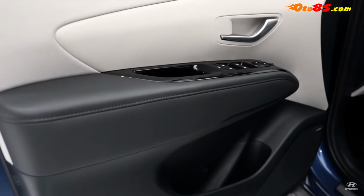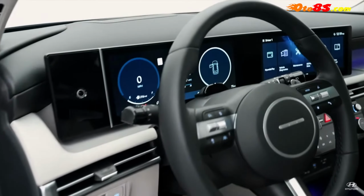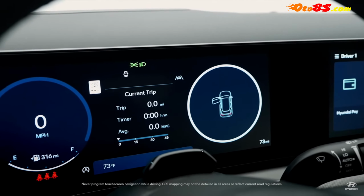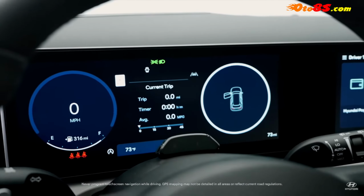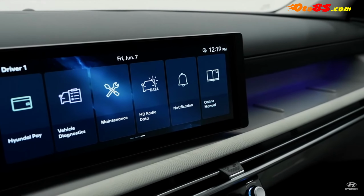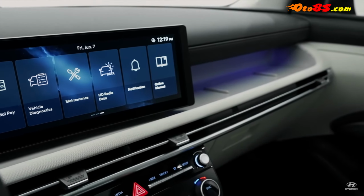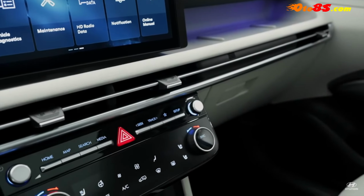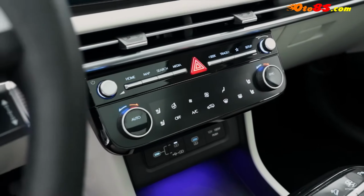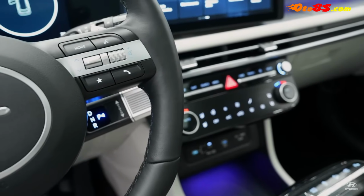Now, the first thing you're gonna notice is the new dual screens that are provided with the available 12.3-inch digital instrument cluster and the standard 12.3-inch touchscreen with available navigation, underscored by a new horizontal air vent design with 4 vents and a continuous look. Also, new infotainment and HVAC climate controls designed with physical buttons and knobs, because we know you've been asking for that. And the new available column-mounted shift-by-wire gear selector, which frees up the area between the front